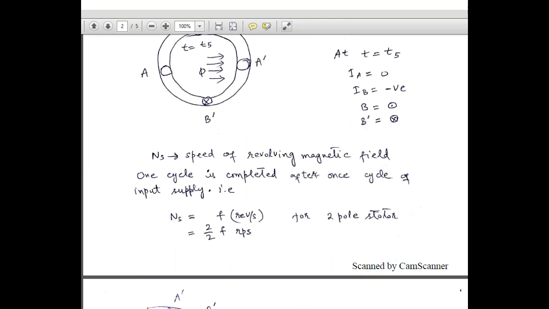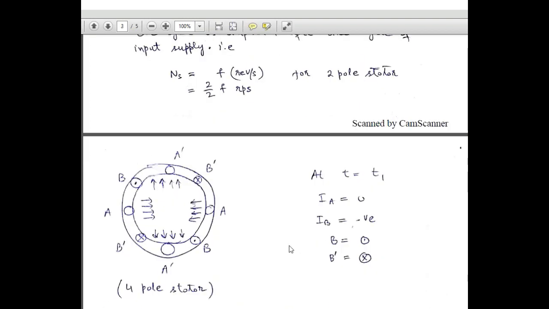So this is a two-pole stator, and we have to multiply and divide this frequency by 2. Later you will see why I have multiplied and divided this frequency by a factor of 2. Now we will move our discussion to a four-pole stator, and for a four-pole stator we will have 8 windings,